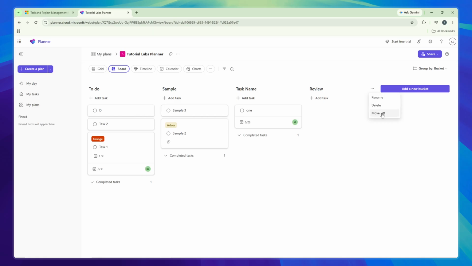Additionally, you can click Move Left to reposition your bucket on the board. This lets you arrange buckets in the order that makes the most sense for your workflow, putting the most important or current phases at the front. And that's it. You've now created and learned how to manage buckets in Microsoft Planner, giving you better control over how you organize your team's